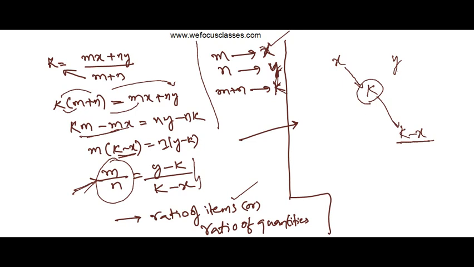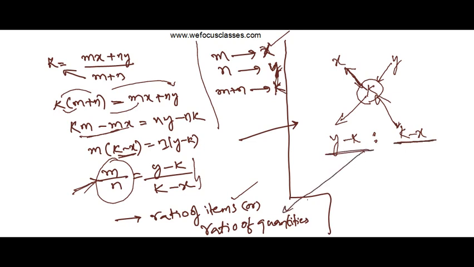In the same way, we need to take the difference of k and y. So I am considering y is the big number. Earlier, out of k I subtracted x, so I will be writing the arrows in this way. Now from y I am subtracting k, so I will be writing the arrow in this way. So I will be getting y minus k. So whatever ratio I am getting here, y minus k is to k minus x, this is the ratio